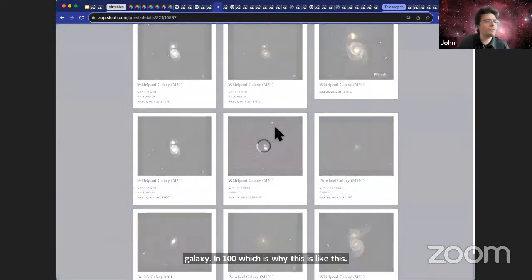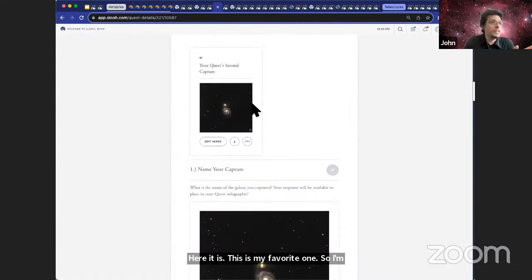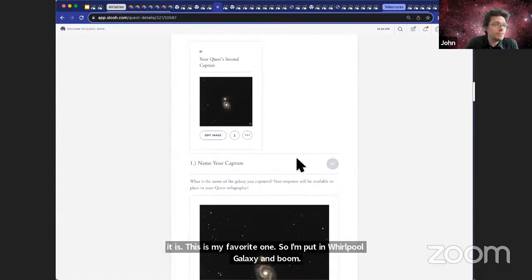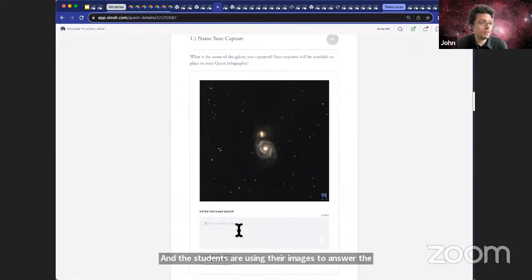This is my favorite one. So I'm gonna put in Whirlpool Galaxy, and boom, you can see that that image is here. This image actually wasn't in this spot down here. And so when your students put in their images in the quest, their images, their data populates throughout the quest,